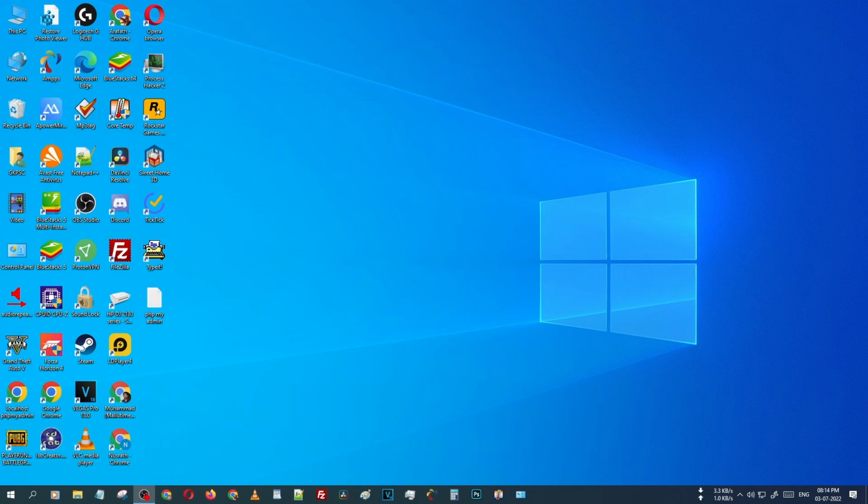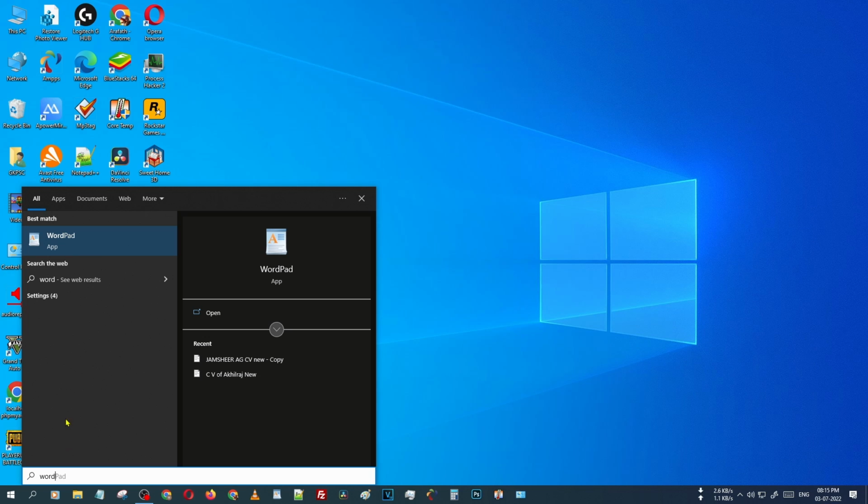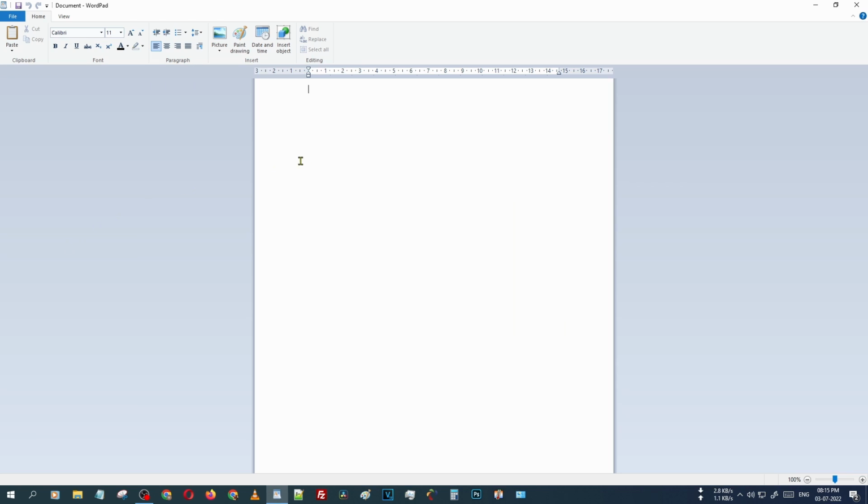In this video we are learning how to change text to uppercase, lowercase, or sentence case on a Windows PC. Just press the Windows button and type "Word". Then you can see there is WordPad. Just open that WordPad. All the text is in lowercase. If you want to change it to uppercase, lowercase, or any sentence case, you can easily do that